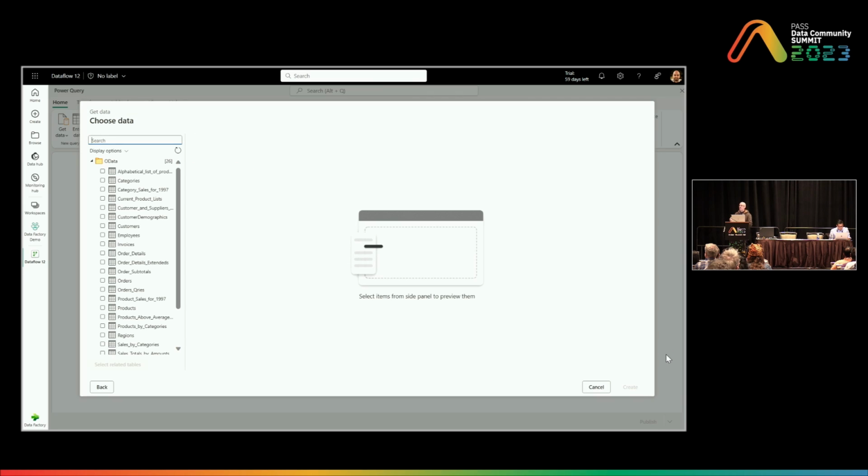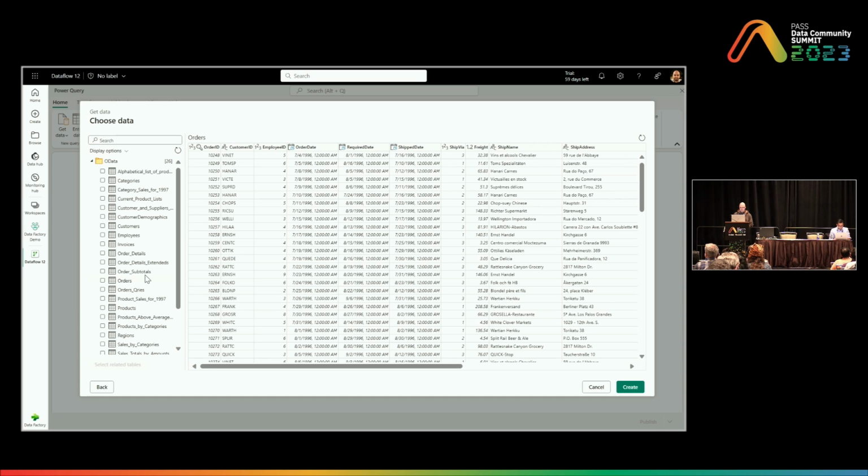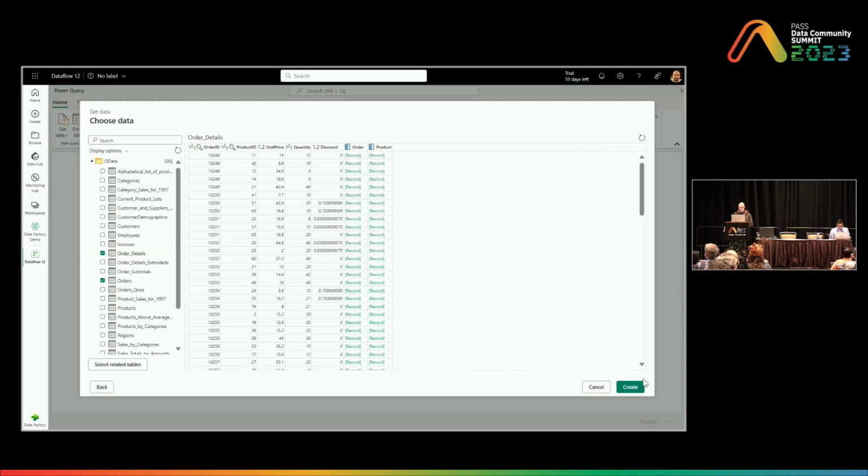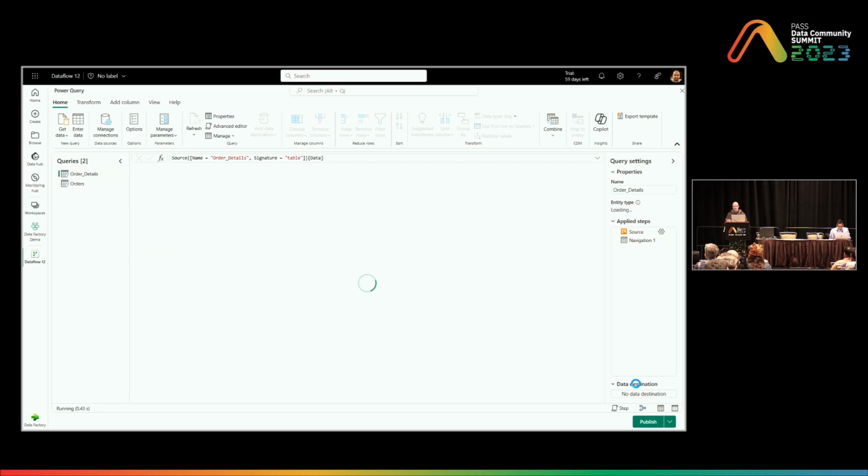And what we're going to look at next is the familiar Power Query Navigator or Choose Data experience, where I can actually select and preview one or more tables of data. I'm going to select orders and order details as well. And I'm going to go ahead and create. So again, if you're familiar with Power Query, this is probably like you've seen it a million times at this point. So I'm going to move a bit quicker through this. What we're going to do in this order details table is that after it finishes loading, and probably not having the best Wi-Fi day of the year,